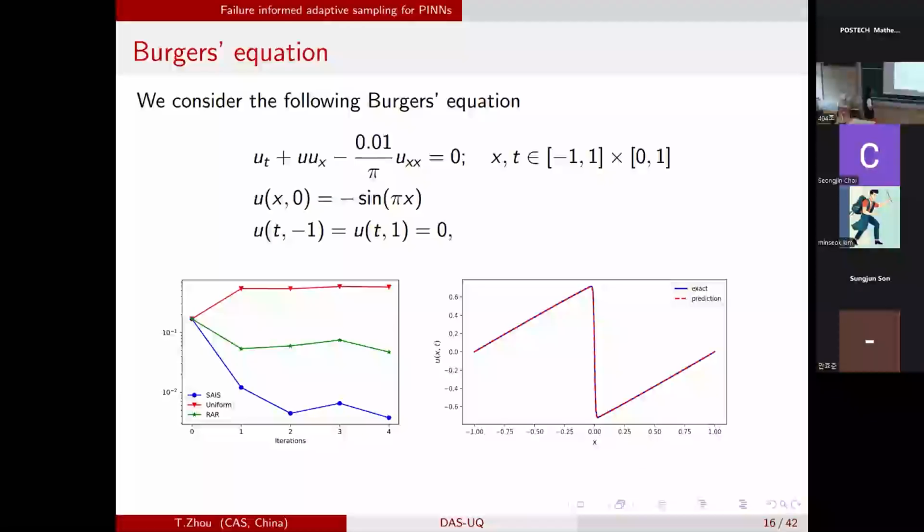And you can use the RAR, as I mentioned, which is not efficient. It will improve the accuracy. But if you use the algorithm I just mentioned, the only thing you need is, in each step, to compute the Gaussian density. You don't need to do much. And this is the exact solution. I just computed the solution in the space-time domain.